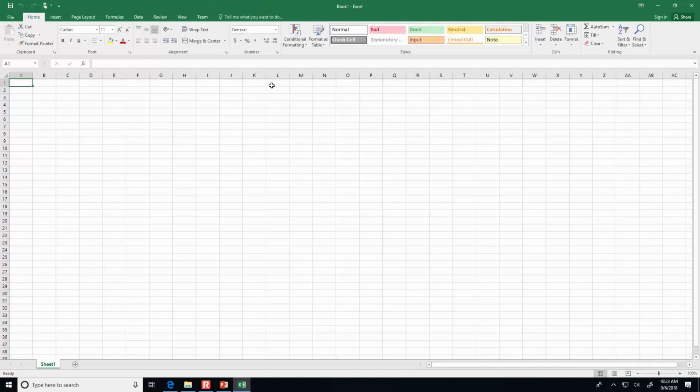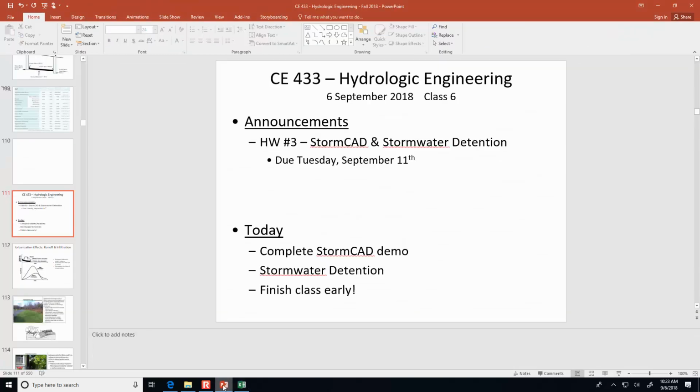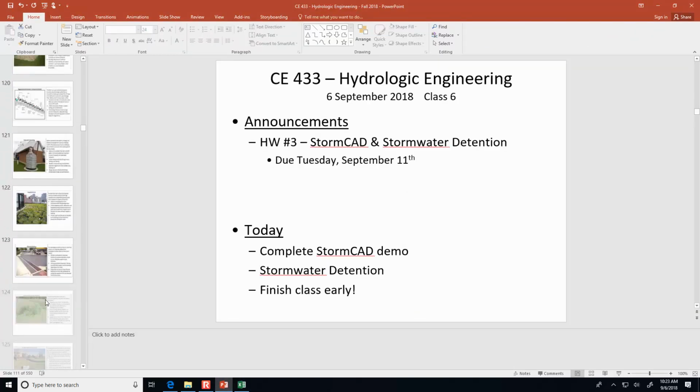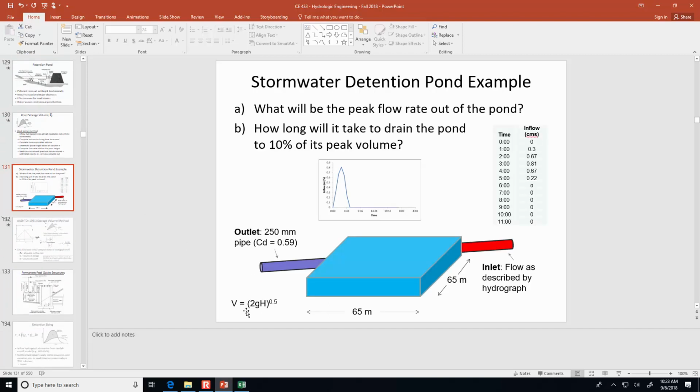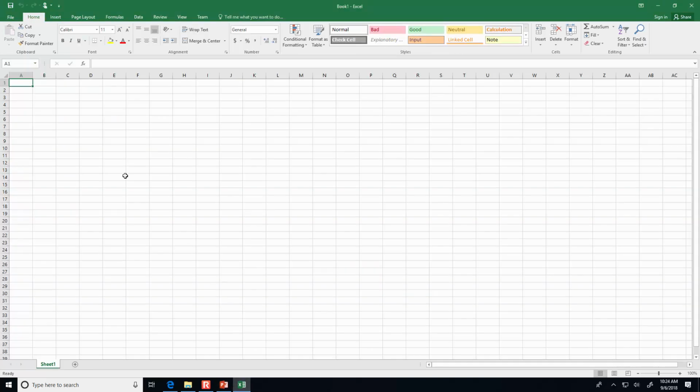So we'll start with the blank workbook. The pond characteristics here: it's 65 meters by 65 meters. That's the top view of the pond. So 65 by 65, with a 0.25 meter diameter pipe. So for the columns we're going to put in, let's go a couple of rows down, and